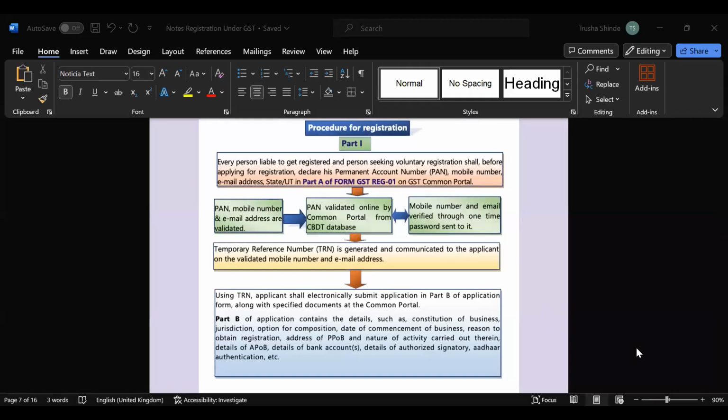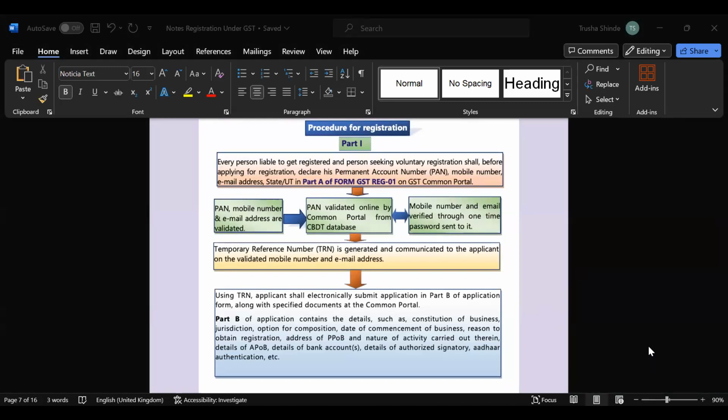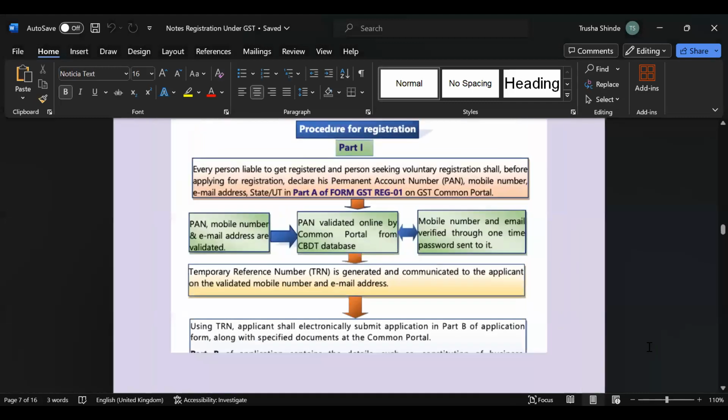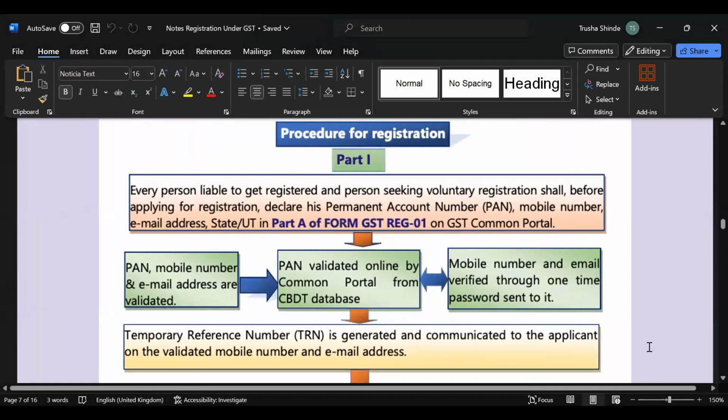So here are the notes which I'm sharing. In yesterday's class, this was covered: the procedure for registration. Let's recap what we have understood yesterday, that every person has to get registered with the